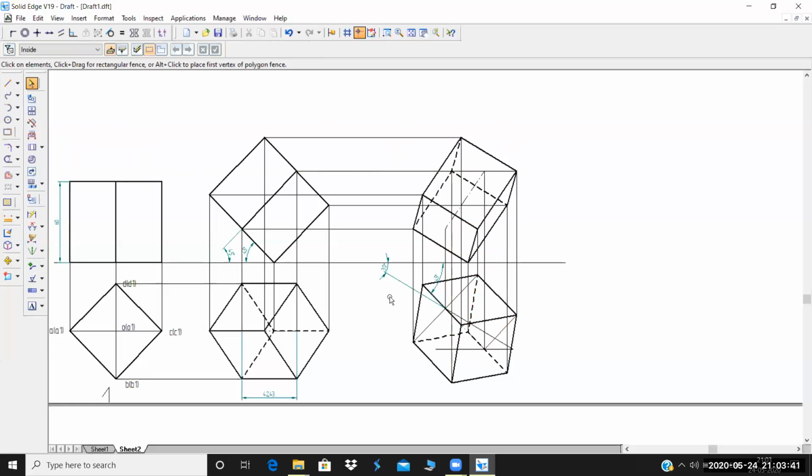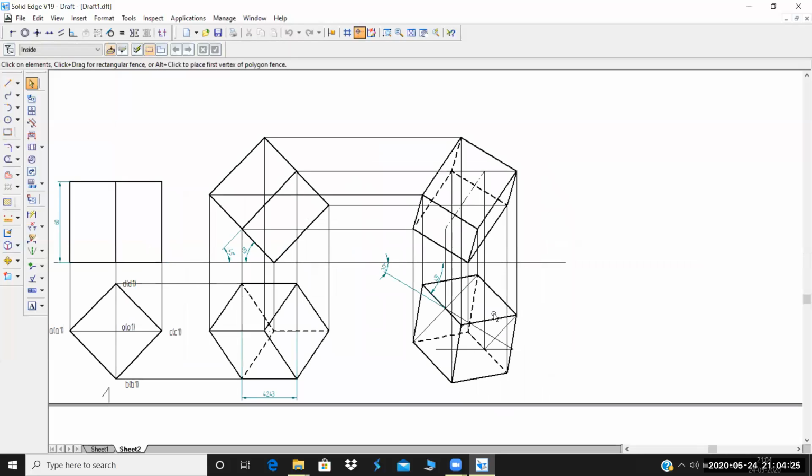Even if it is given as a pentagonal prism or hexagonal prism, this is the method you have to follow. It is the same thing. The only thing you have to remember is the dashed line. The dashed line perspective is whichever line is cutting the bottom face when you project A1 to A, B1 to B, C1 to C, whatever it is. In case of pentagon, you will get A, B, C, D, E. In case of hexagon, you will get A, B, C, D, E, F. Here you have only two dashed lines, but you can get more than one dashed line with pentagons or hexagons. I hope it is clear. You can go through the pentagon and hexagon methods yourself.